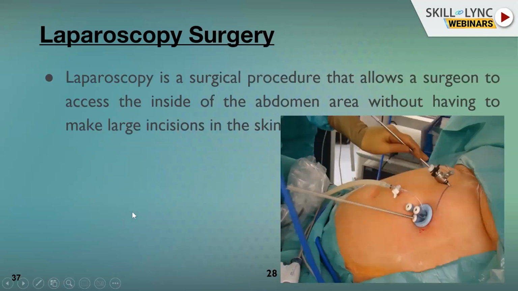So what is laparoscopy surgery? Laparoscopy surgery is a surgical procedure that allows the surgeon to access inside the abdominal area without making many cuts in the skin. So that's why,